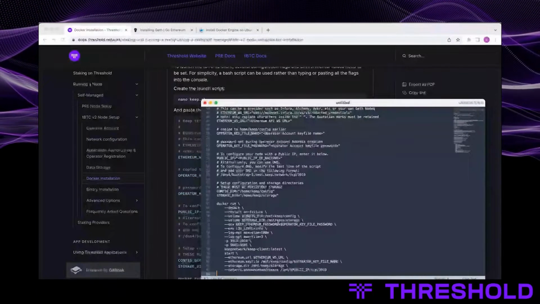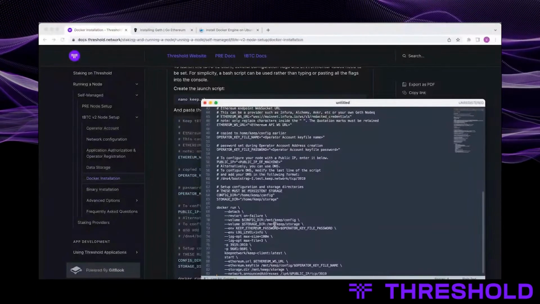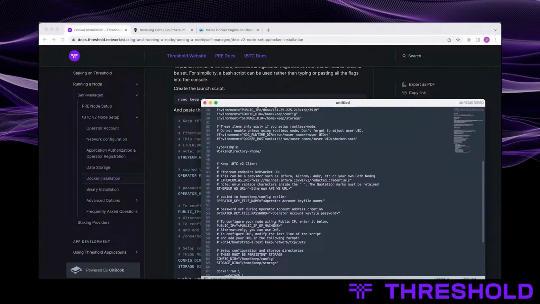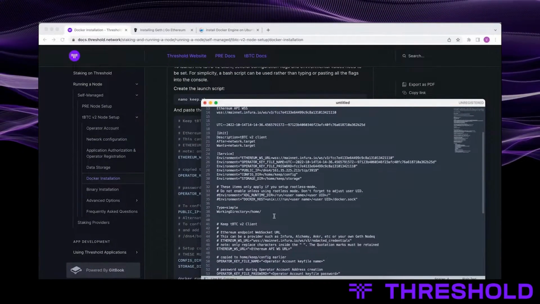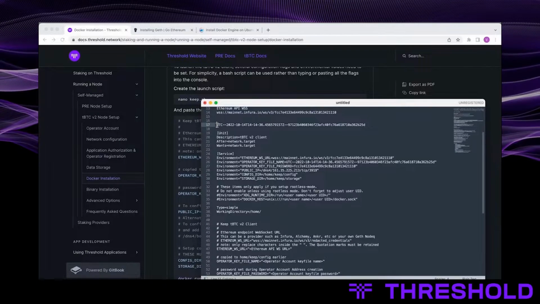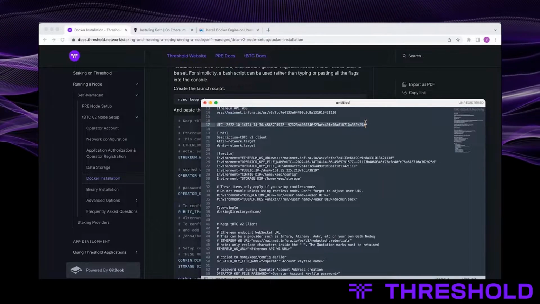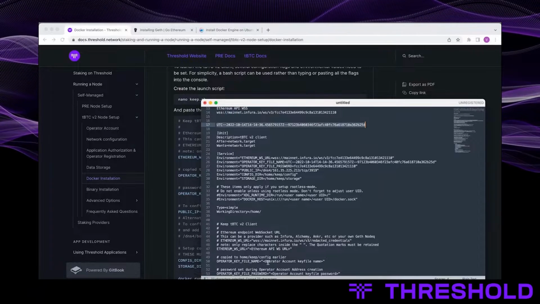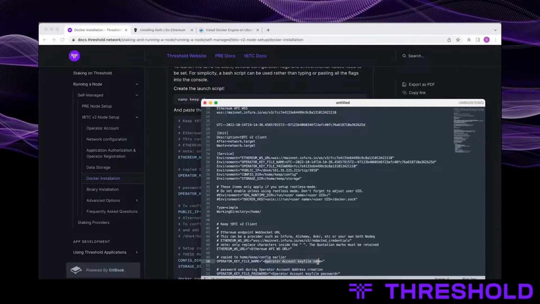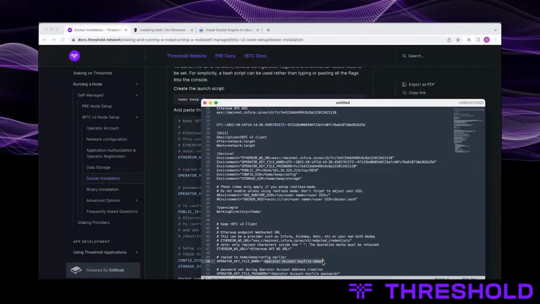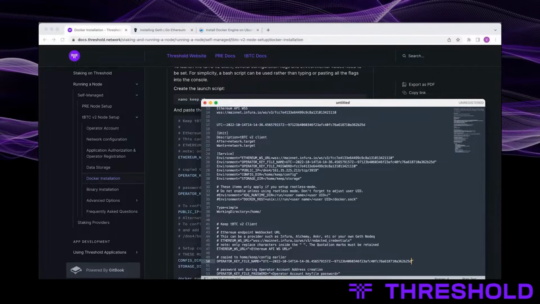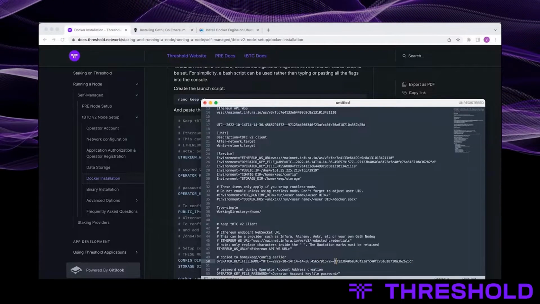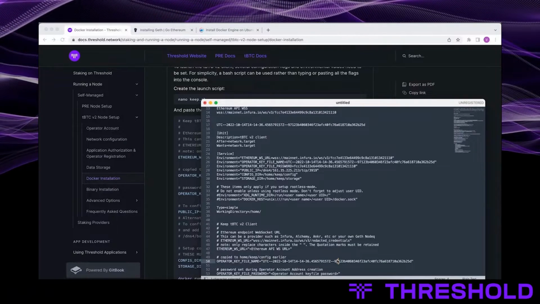So this is similar to the service file setup. You wouldn't need to do this. Once you have the service configured, it should just run. You won't need to use the Docker launch script.